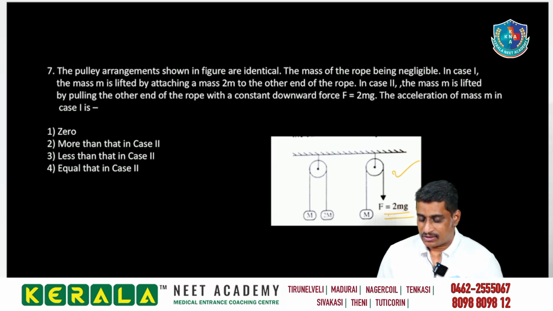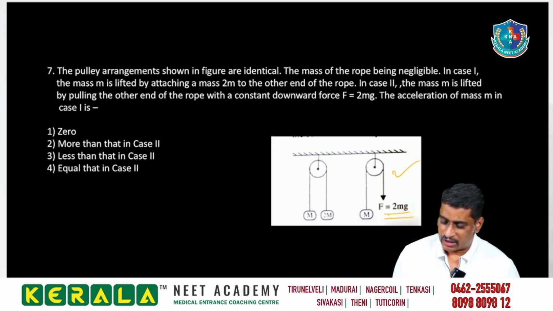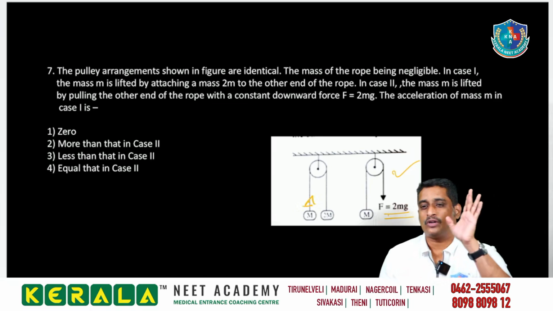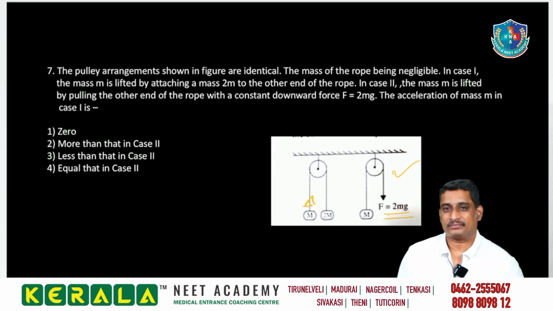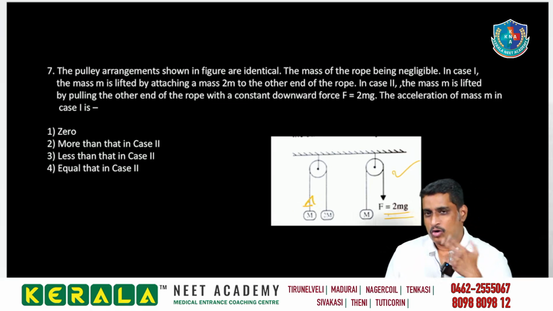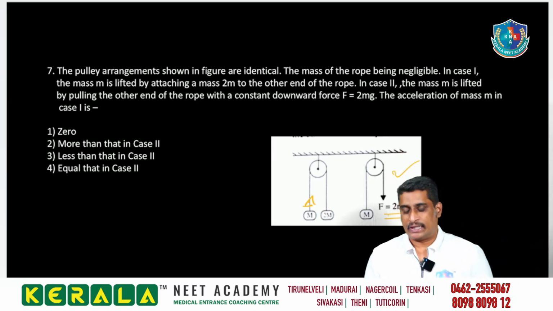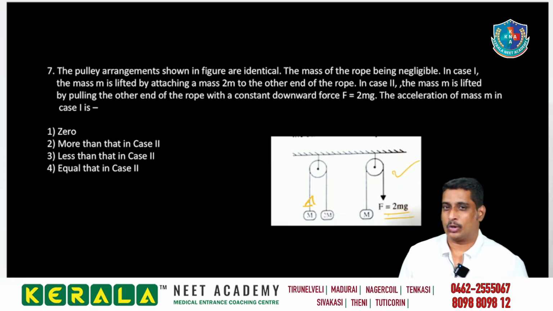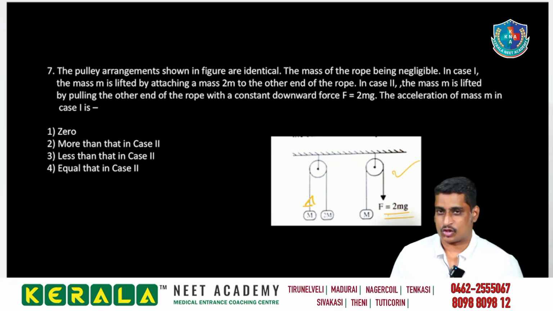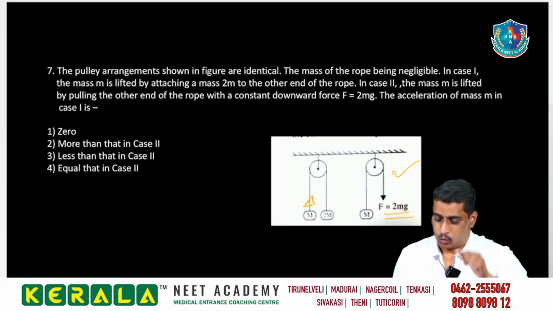In the first case, look at this diagram. Over this block M, 2 mg amount of tension will not act. How much it will act, you can calculate very easily. First of all, let us find out the acceleration in case 2. If you come to the free body diagram of that block M in case 2,